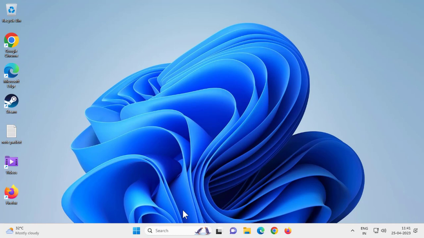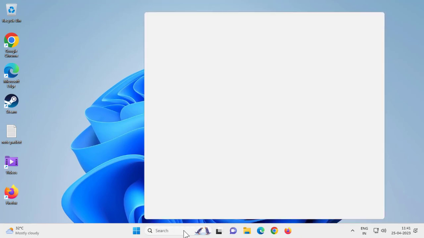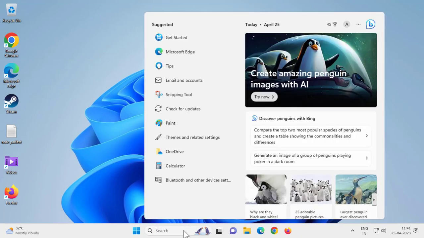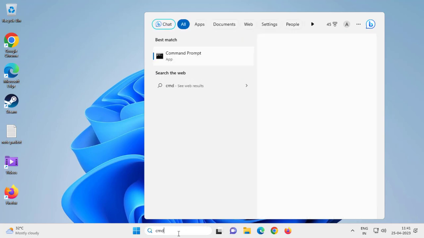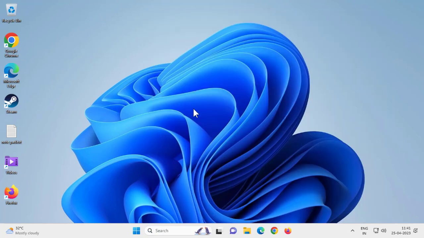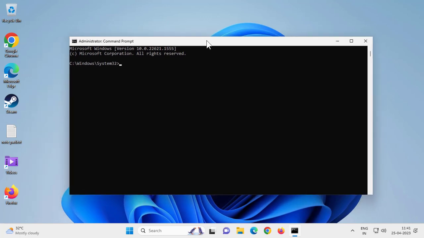so it can fix the server based issue, where the server is not running properly. Let's fix that, guys. Go to the search menu and type cmd, run as administrator. Click on it, click yes. Now here you need to type